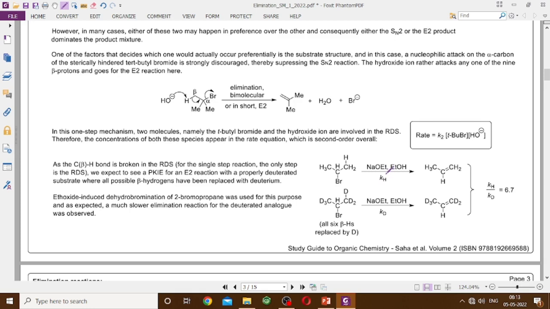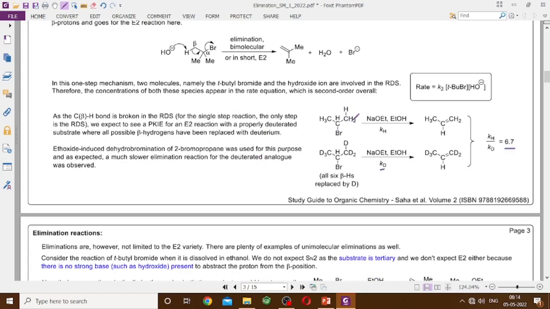কনস্ট্যান্টটাকে যদি আমরা KH বলি, আর তারপরে আইসোপ্রোপাইল ব্রোমাইডের সবকটা 6টা যে বিটা হাইড্রোজেন আছে তাদেরকে যদি আমরা ডয়টেরিয়াম দিয়ে রিপ্লেস করি এবং তারপরে ওই একই কন্ডিশনে রিয়াকশন করে রেট মেপে যদি রেট কনস্ট্যান্ট পাই KD, তাহলে KH by KD is about 6.7, which is according to our expectation যে ethoxide induced dehydrobromination of isopropyl bromide will show primary kinetic isotope effect because the carbon deuterium bond or the carbon hydrogen bond is breaking in the rate determining step, and as expected we are seeing that it is indeed so, which kind of supports our mechanism যেটা আমরা এখানে একটা সিঙ্গেল স্টেপ মেকানিজম এখানে দিয়েছি।